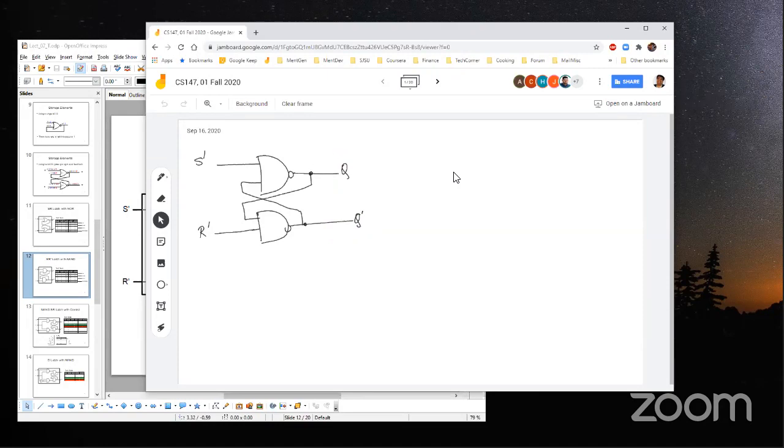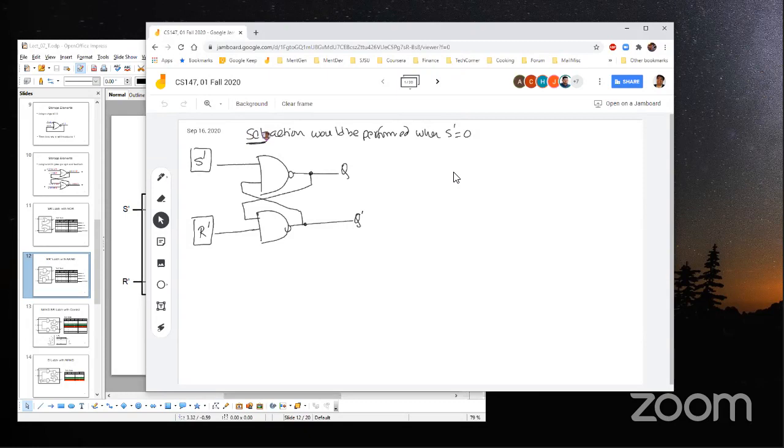And why it is named SBar. So don't get confused that this bar has to do anything with inversion of logic or something. It is just a mark saying that this set action would be performed when SBar equal to 0. This is just a name, but it indicates that the set function will be performed accordingly.